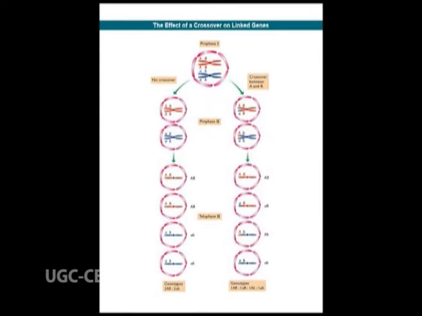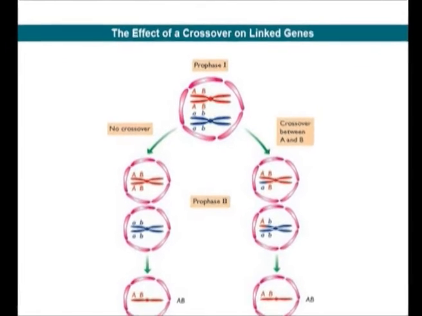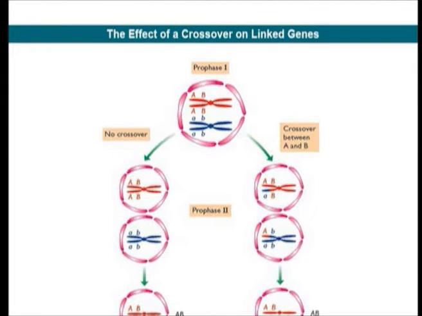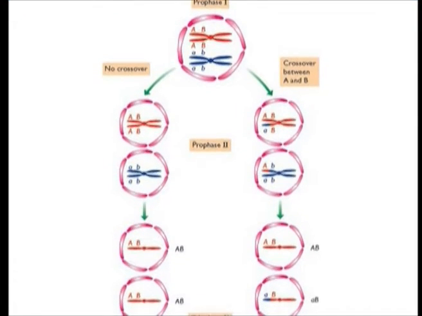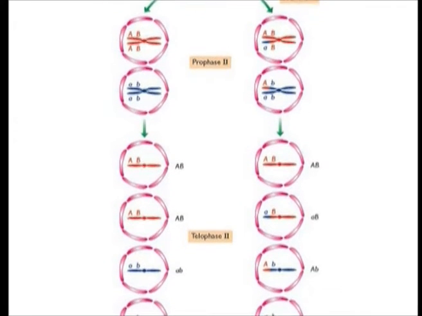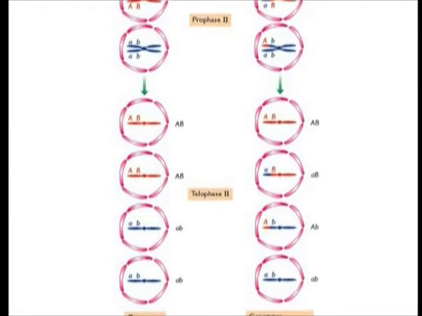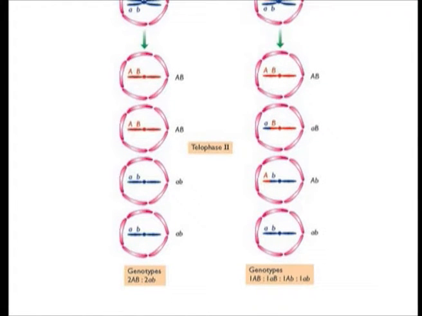Imagine that the 2 genes are located on chromosome number 2 of Drosophila melanogaster, the species of fruit fly studied by Morgan. We are going to follow the meiosis of a diploid nucleus in which one copy of chromosome 2 has alleles capital A and capital B, and the second has small a and small b. Consider the 2 alternative scenarios.